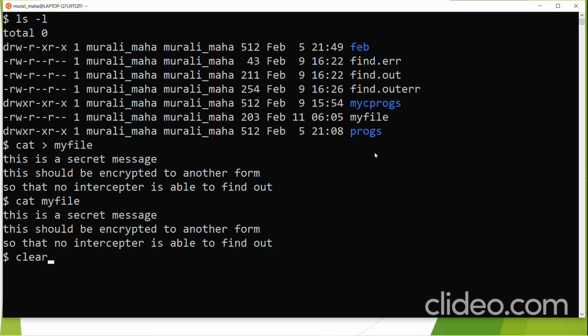I want to encrypt this file in such a way that it becomes non-readable. How do I do that? I can do something like this. tr, A to Z, something like B to Z A, less than my file.